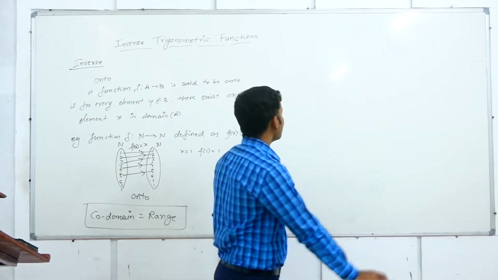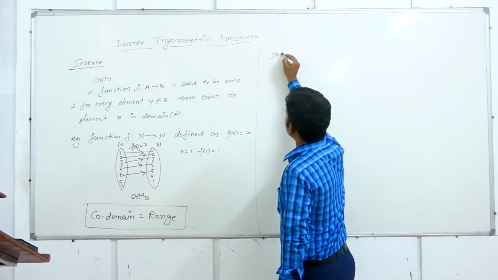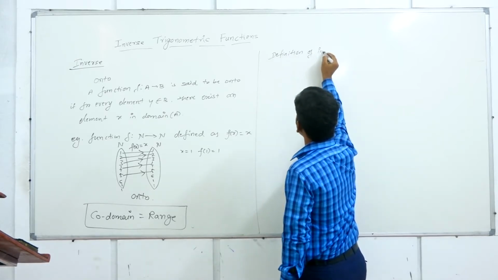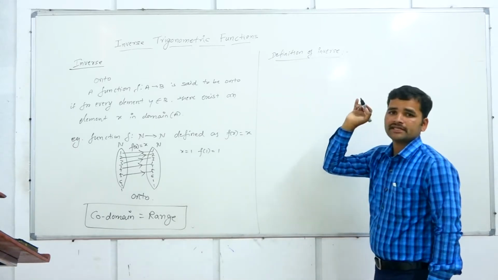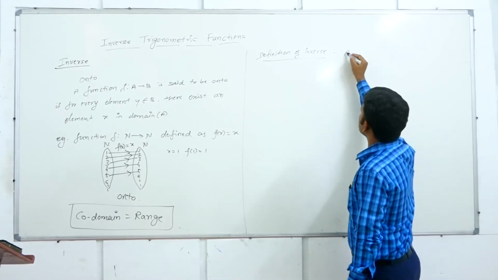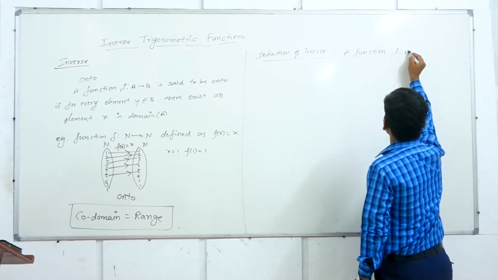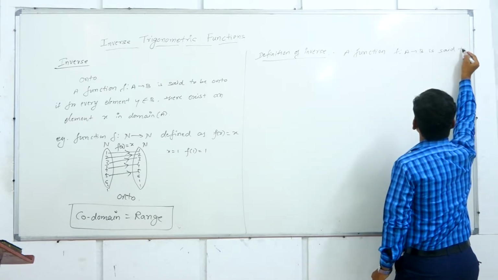Now coming to the definition of inverse. What is the definition of inverse? The definition of inverse I will use in writing all 6 trigonometric functions' inverses. Okay, first one, definition. A function f maps from A to B is said to be invertible,